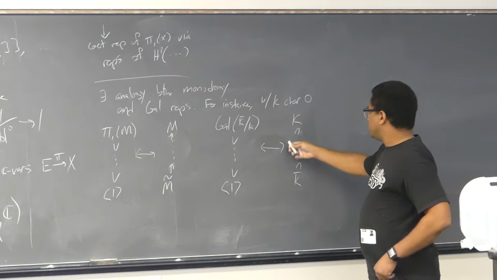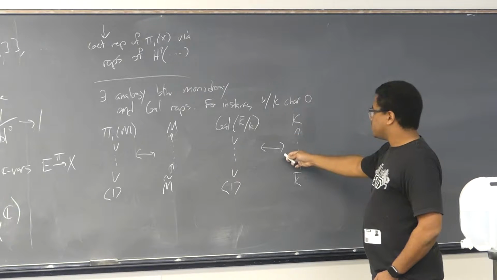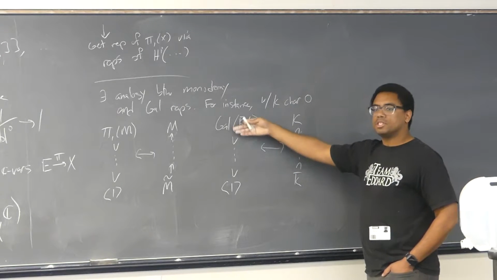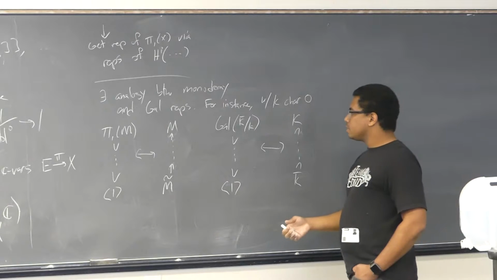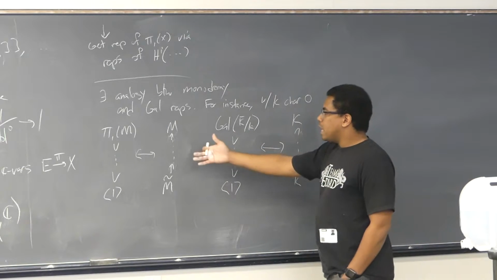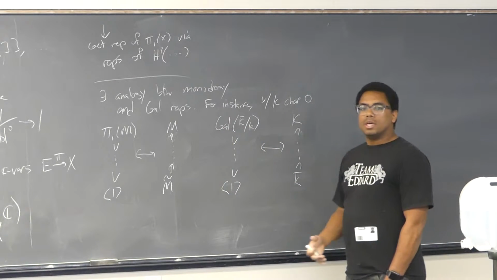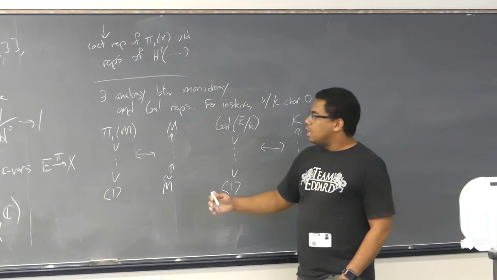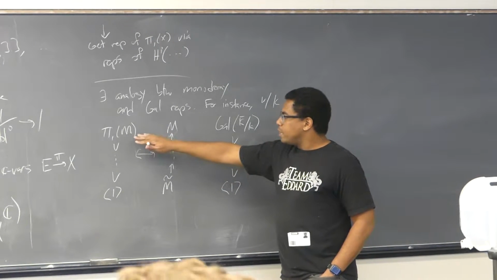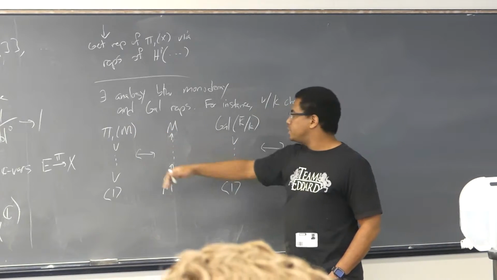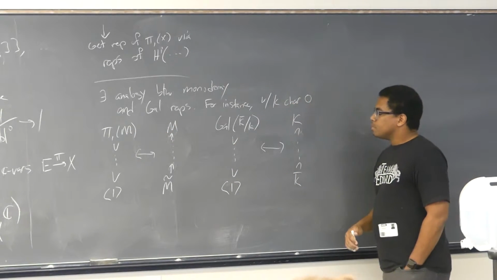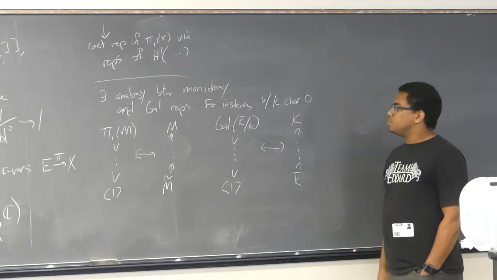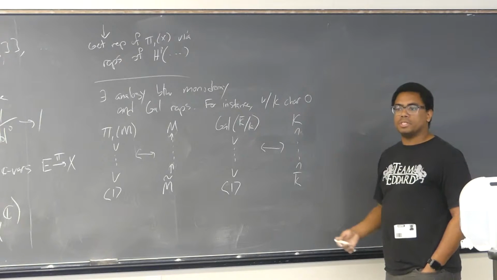And likewise, the degrees of the extensions here correspond to the index of the subgroups here. So there's some kind of analogy between these two pictures, and it can be strengthened in various ways to show that in a setting where you don't necessarily have a monodromy in this sense, you deserve to consider the Galois representation in place